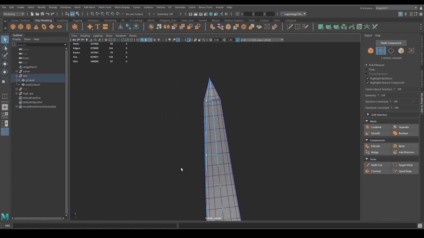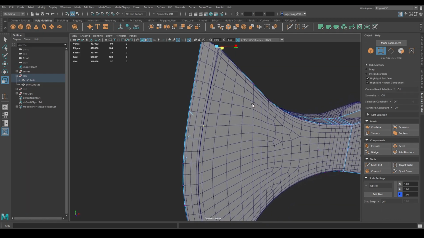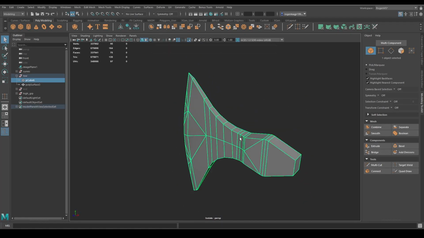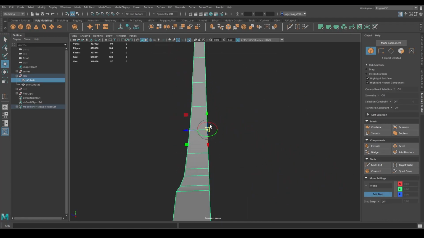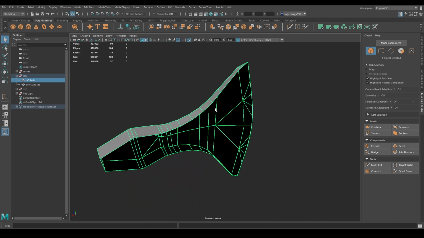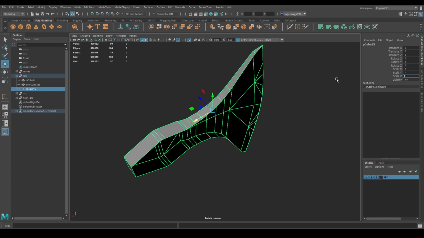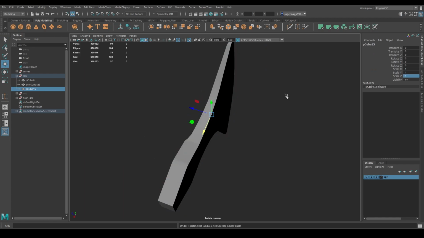Select this. Deselect this. Scale this. Deselect. Scale this closer. So now we can delete history, duplicate it on the Z axis, and wait, let me go back because